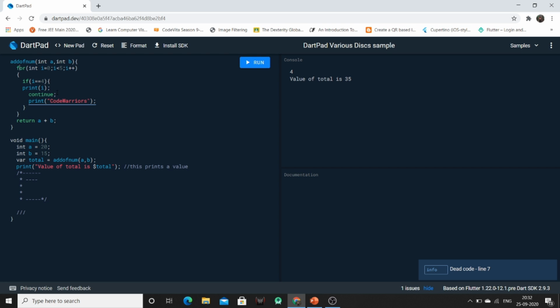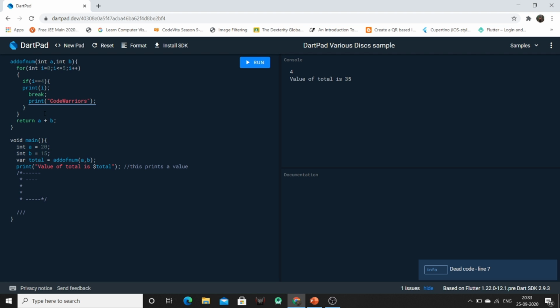And now if we are using the break keyword instead of this continue keyword, then after satisfying this if condition and printing the value of I, the control will break out of this for loop, and the program will finish executing.